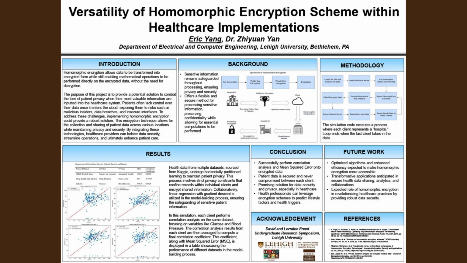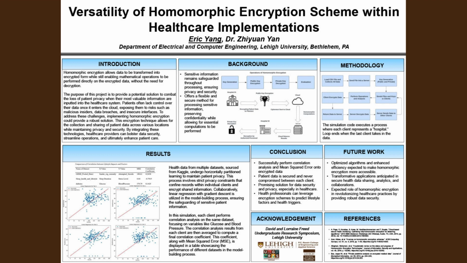Now, in terms of results, in the simulation, each client, in this case the hospital, performs a correlation analysis on the same dataset, focusing on variables like glucose and blood pressure in this case. The correlation analysis results from each client are then averaged to compute a final correlation coefficient. This coefficient, along with mean squared error, is displayed in a table showcasing the performance of different datasets in the